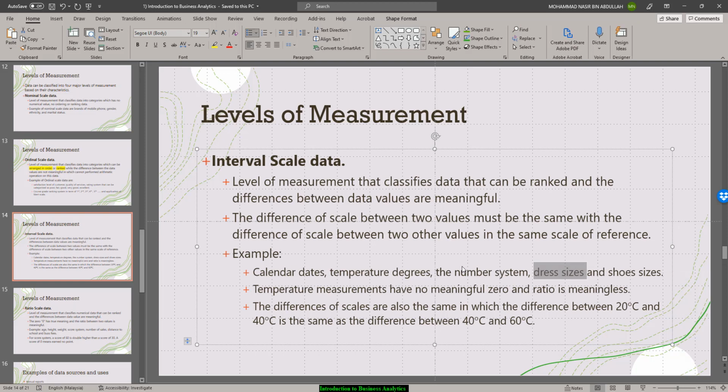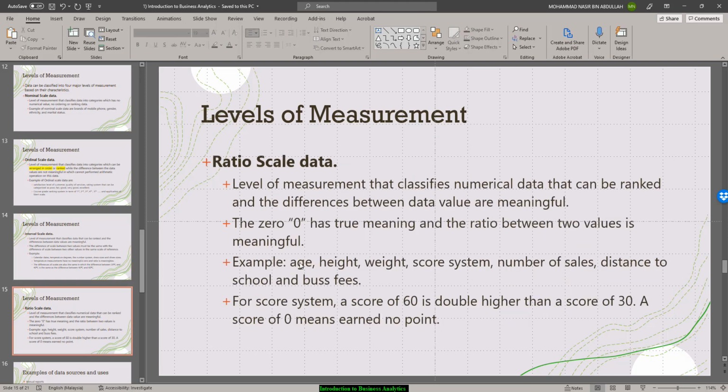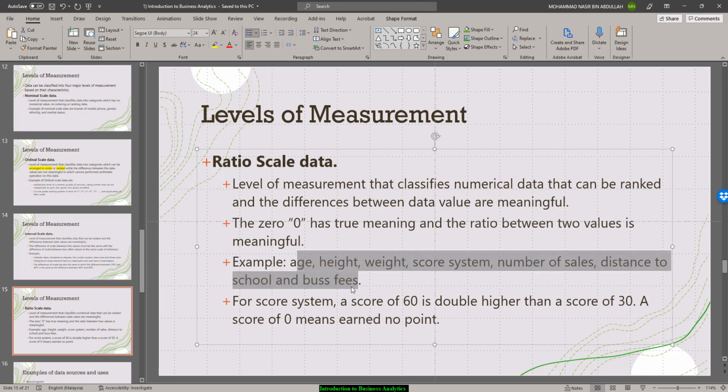Shoe size zero means what? It's not that there is no size, right? Size zero means there is a size but it's very subjective. Look at this. In ratio scale, height, age, weight, score system, number of sales, distance to school, bus fee are examples of